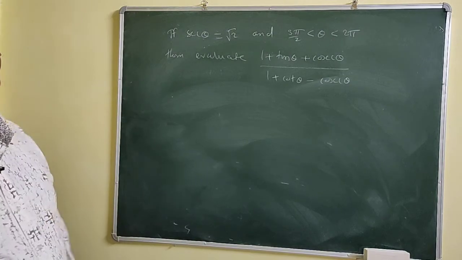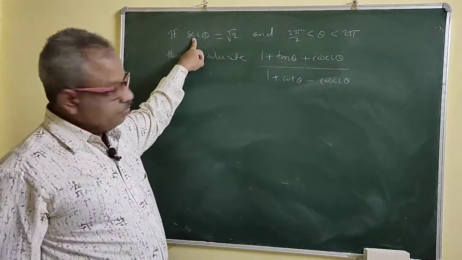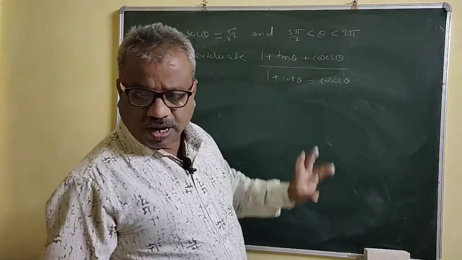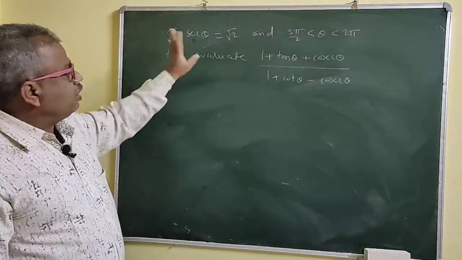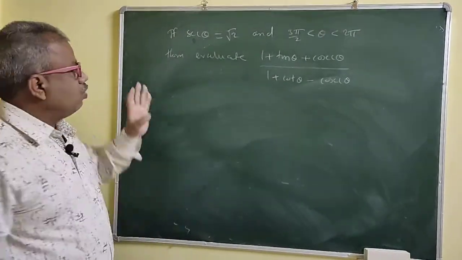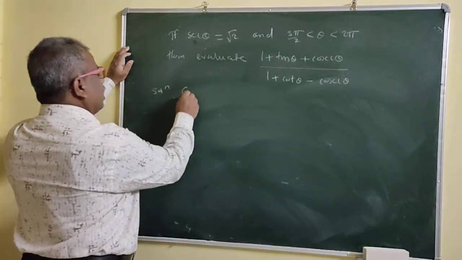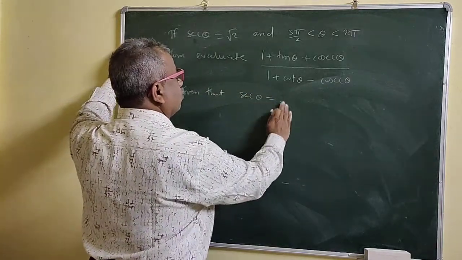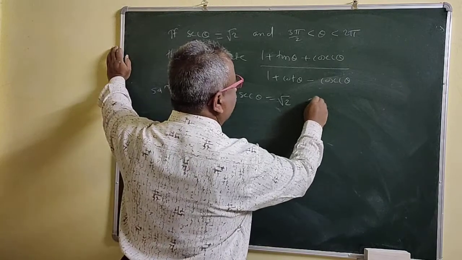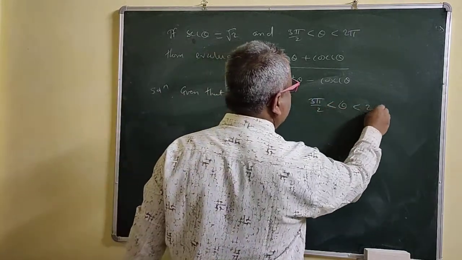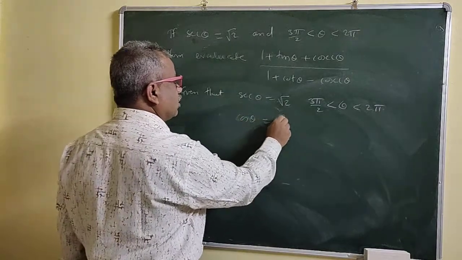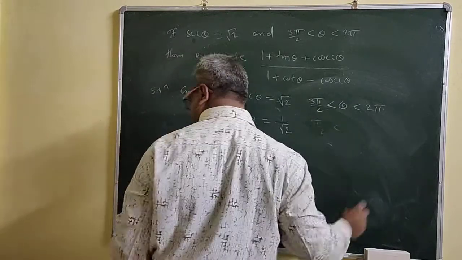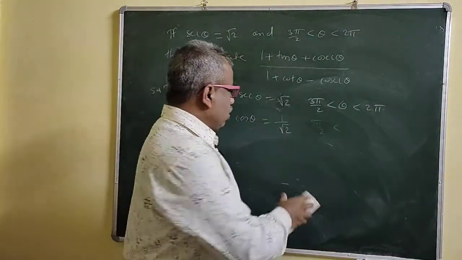Okay. So see, what was given? Sec theta is given. Now here see, there is cot, there is cosec, there is tan, right? So better to find sin and cos. You are given the sec, that means you are given the cos, right? Okay, solution. Given that sec theta is equal to root 2. So this is very important: 3 pi by 2 less than theta less than 2 pi, right? So cos theta is equal to 1 upon root 2. No need to write this now. We are already done.